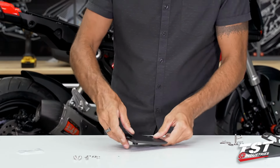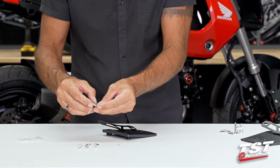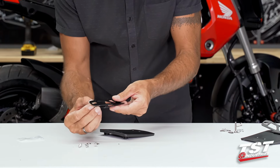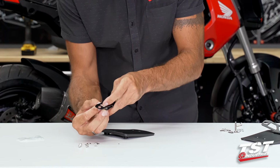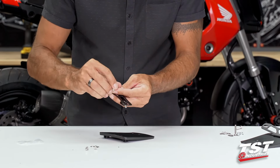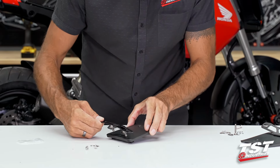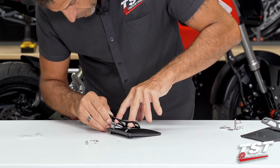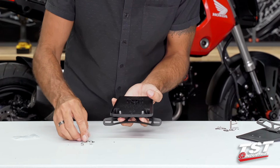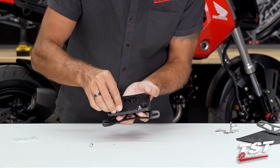All right, it's very simple. Four of the same washers, so we will stack them on the screws. Get the screw in through here into the smaller slot. Do the same on the other side. And that will now nicely pass through the holes we drilled. Flip it over, stack washers on each one of the screws,